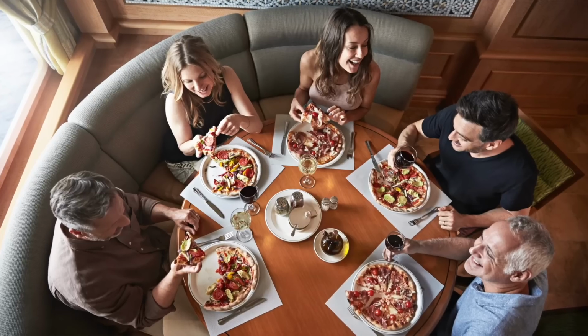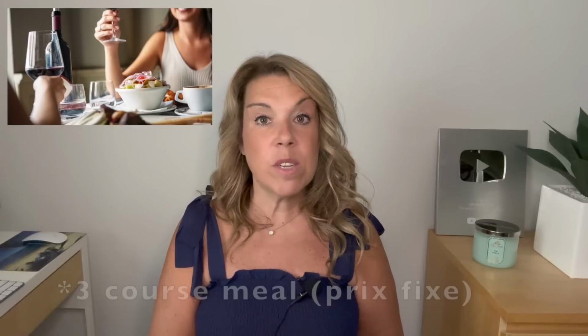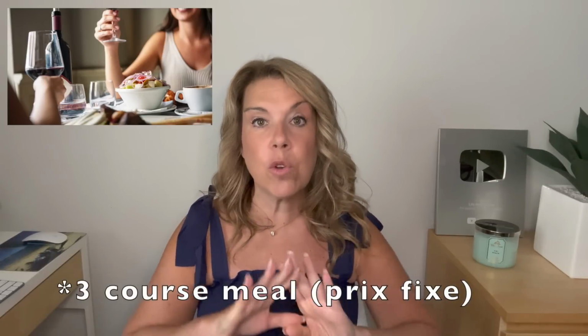And you as well have a poolside grill. However, everybody's favorite casual Italian restaurant, Alfredo's, or Gigi's, which is available on certain cruise ships, well, there is now an additional charge to eat at these casual dining restaurants. So a 3-course meal at Alfredo's, Gigi's, or one of the other casual dining restaurants, I will talk about that within the next couple of packages, but that would be $14.99 per person